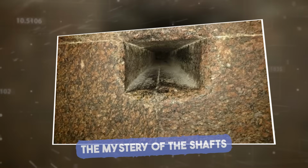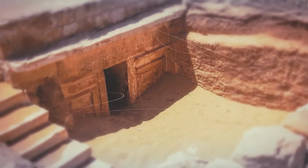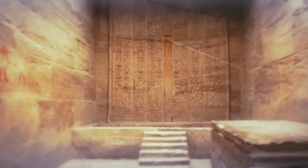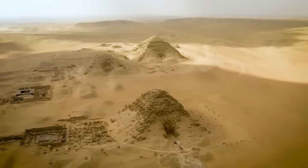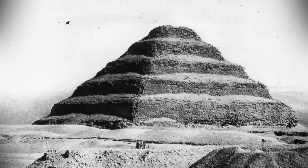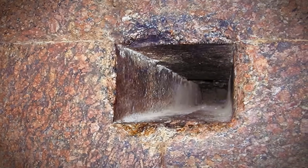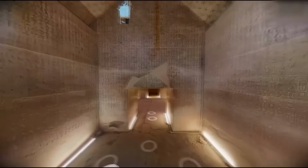The mystery of the shafts. Hidden inside the Great Pyramid of Giza, two narrow shafts stretch out from a chamber often called the King's Chamber. Their purpose has led to endless debate. Some experts have suggested the shafts were built as air vents, but others argue this doesn't make sense. Why would the dead need fresh air? Another theory goes much deeper, proposing that these shafts were pathways to the stars, connecting the pharaoh's soul to the